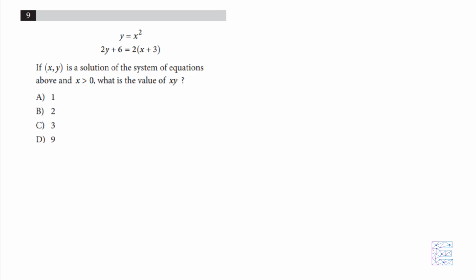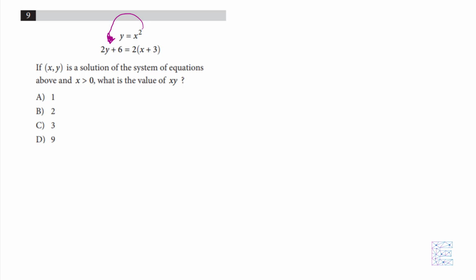If xy is a solution of the system of equations above and x is greater than 0, what is the value of xy? So we have a system of equations here, one that involves a quadratic equation. And we saw that when you have a quadratic equation in the system, you want to use the substitution method to solve. So since we know that y is x squared, we're going to plug in x squared in place